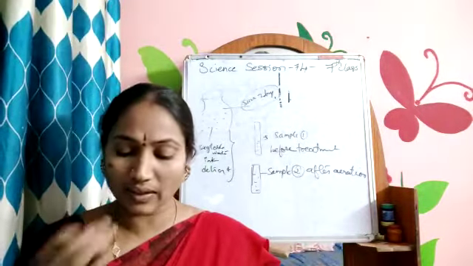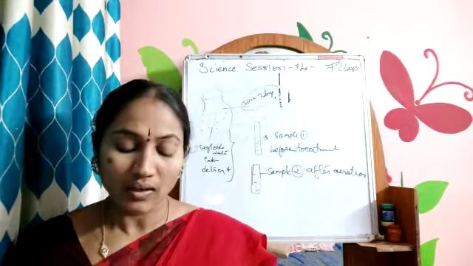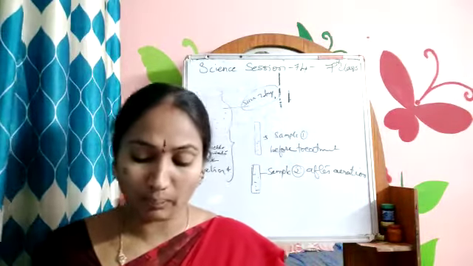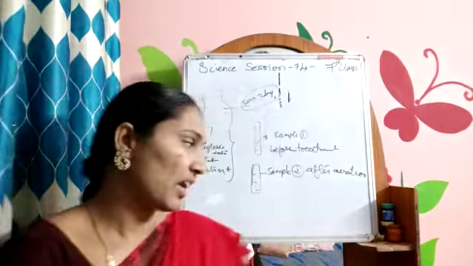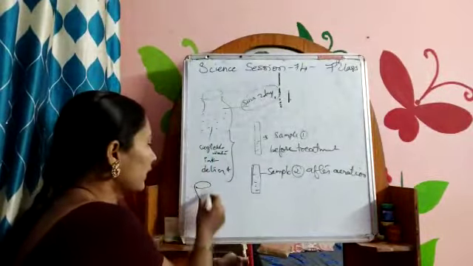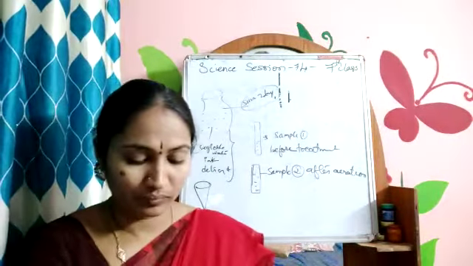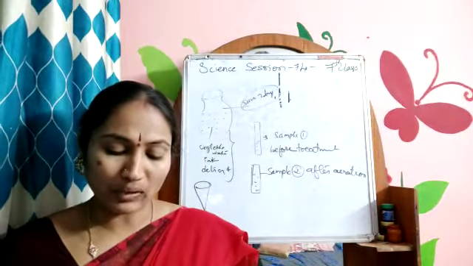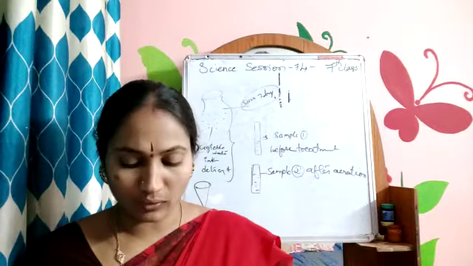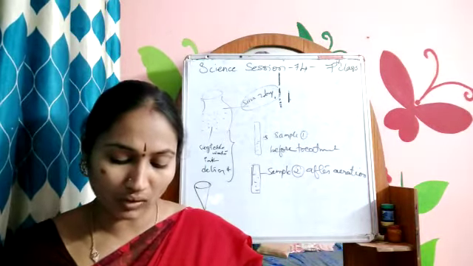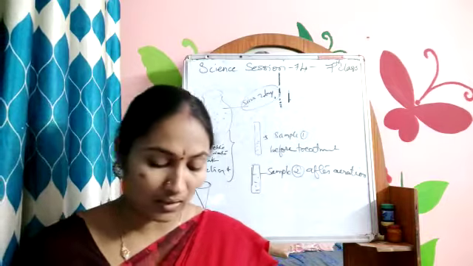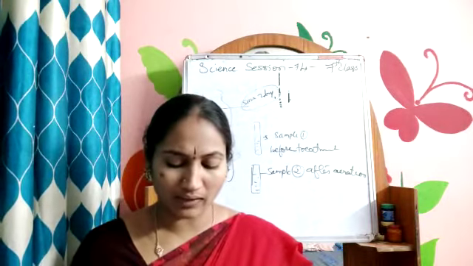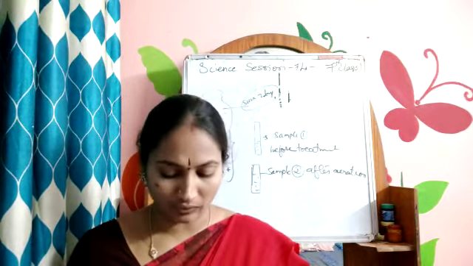Next, the next day when aeration is complete, okay, finished. Next, fold a piece of filter paper to form a cone. You have to take the filter paper and make it like a cone. Wet the paper with tap water and then insert the cone in a funnel. Mount the funnel on a support, as you have studied in the 6th class. Place layers of sand, fine gravel, and finally medium gravel in the funnel.